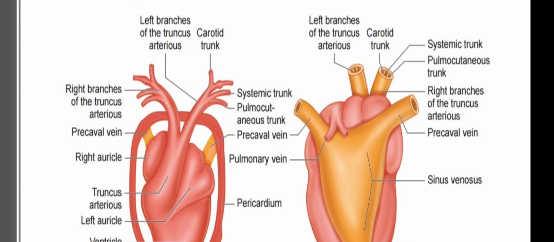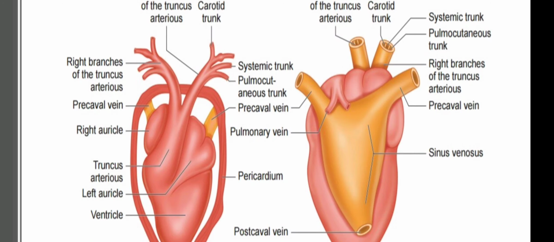The heart is covered by a double wall membrane called pericardium. There are two thin walled anterior chambers called auricles and a single thick walled posterior chamber called ventricle. In addition there is the sinus venosus, a new name, make a note of it. Sinus venosus is a large thin walled triangular chamber which is present on the dorsal side of the heart.